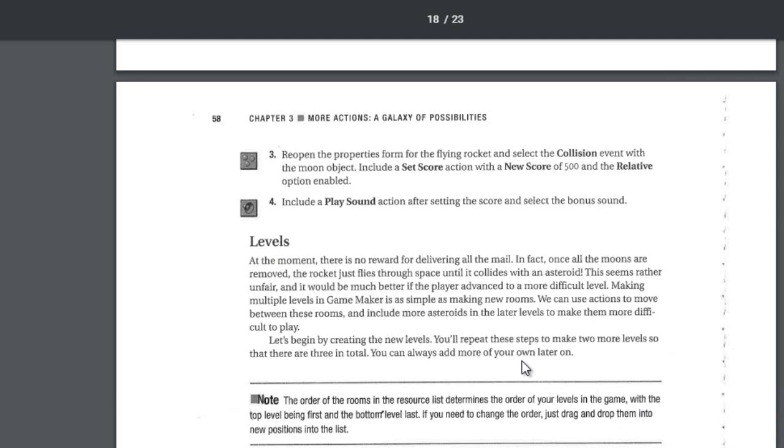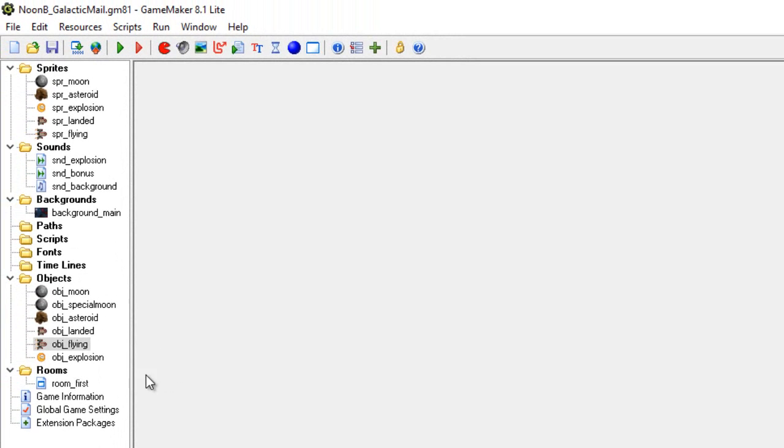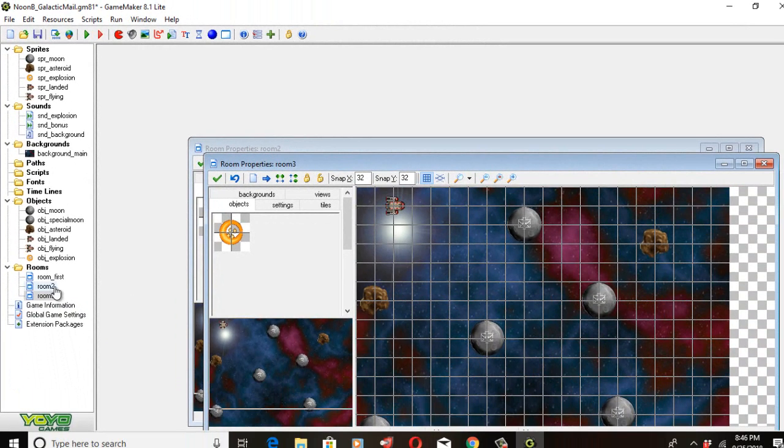So now we want to add some levels. The first thing we're going to do is add 2 more rooms. We have a room first and a room second. We're going to make the rooms slightly different so we can duplicate this from our pop-up menu, save some time. So we have a room first, and then we're going to duplicate that, and then we're going to duplicate that. So here we're going to change this to room